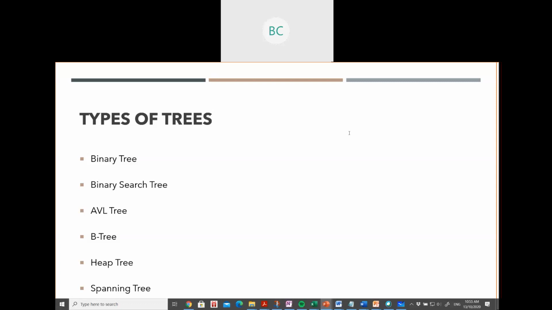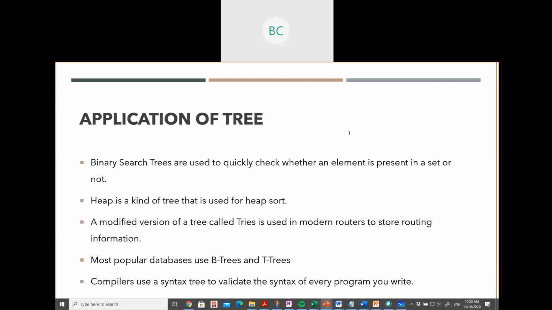You will learn about this syntax tree or normal trees in other subjects later on, in later semesters, like FLAT, finite state automata. Then there will be compiler design. Yes, there's another subject, compiler design, which you will get, I guess, in third year. So the compiler mostly uses trees to validate our syntax. Okay, the application I have already used. So remember, last time I said we use the heap data structure to implement the priority queue. It's easier